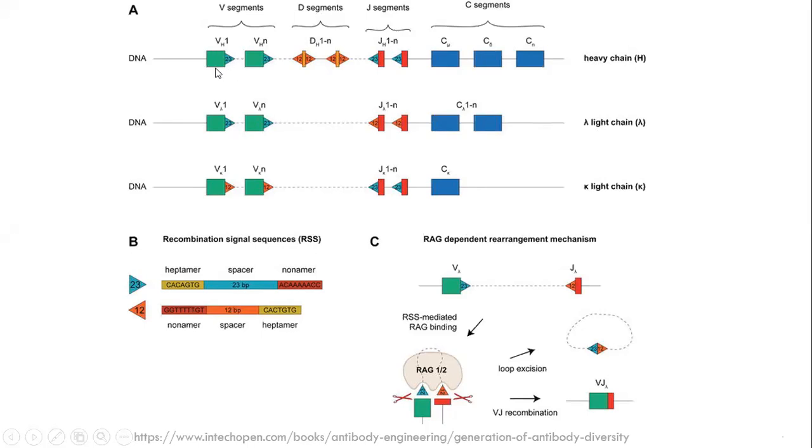Each triangle is called a spacer. Here there is a 23, and here a 12 base pair spacer. We will see what those sequences are. Then in the light chains, V lambda and V kappa, there is a reverse arrangement. In the lambda chain, there is only 23 in the V regions, and in the J regions 12 base pair spacers are there. But in the kappa chain, this orientation is reversed: 12 is here, 23 is here.